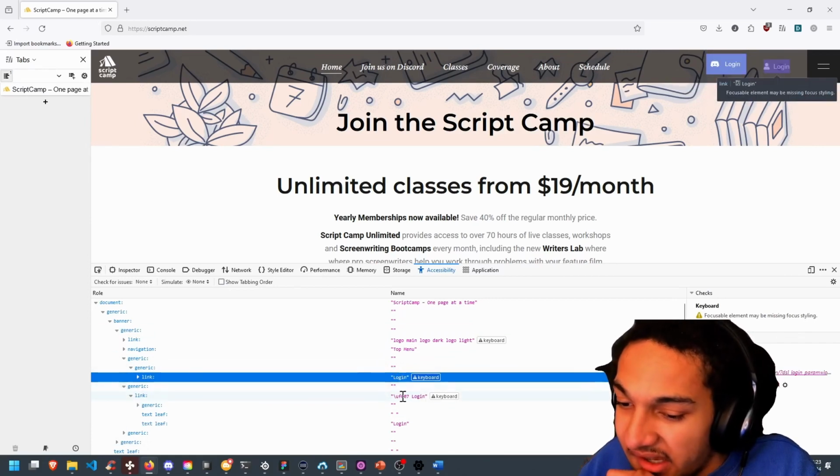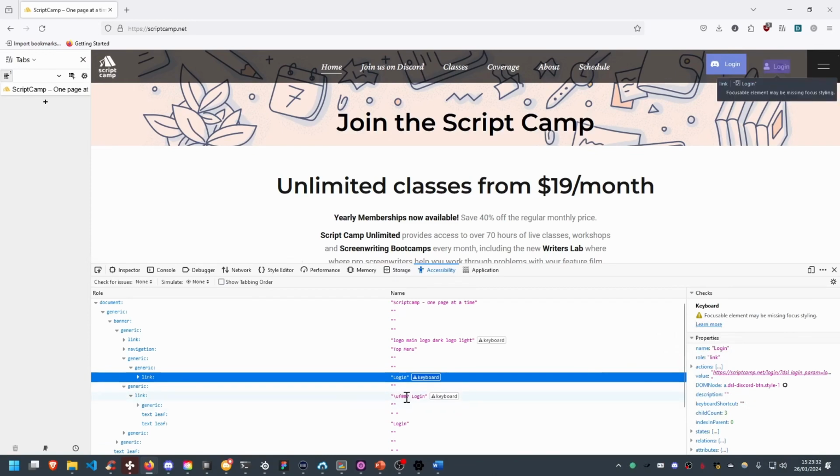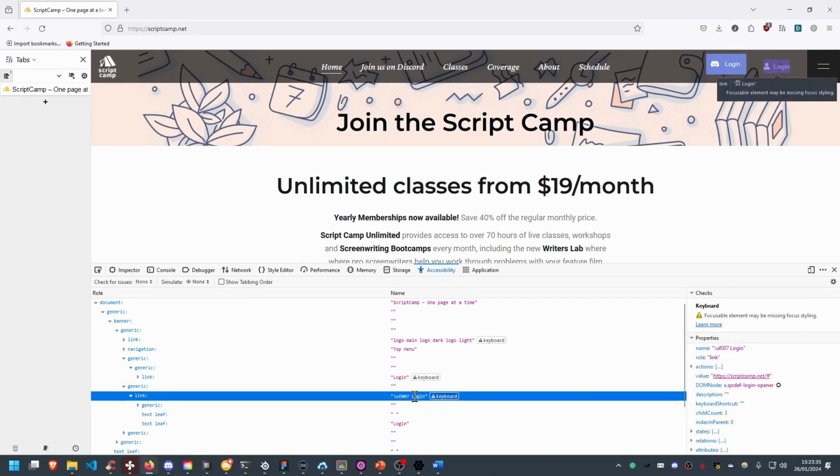One just says login, and one is an icon with login. The Discord logo doesn't show up in here. I'm not entirely sure how a screen reader would interpret this icon, this UF007, which is the code for an icon. I don't know how a screen reader would read that. But the point is, to a screen reader, these are both login buttons, and it's really unclear which one is which.